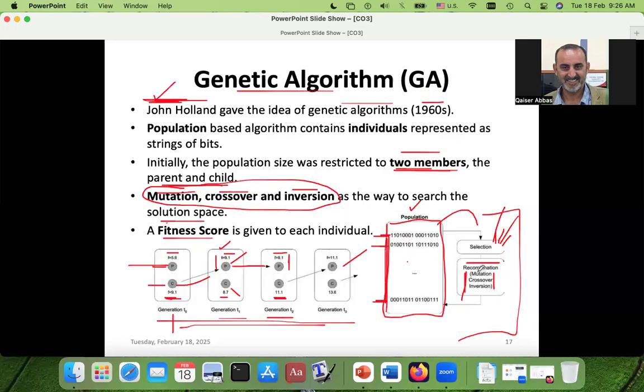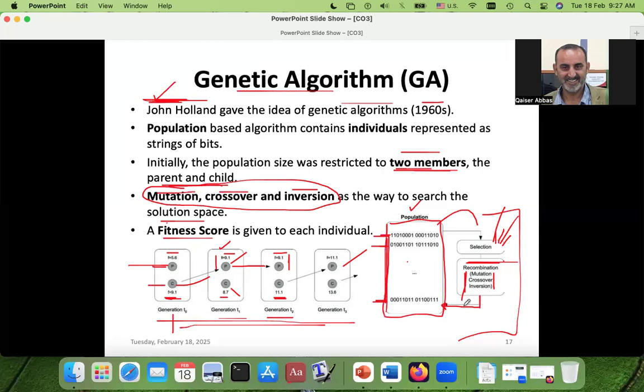Okay. So after this recombination, we will have a new child. That child will also become part of this population. And in this way, this algorithm will go on like that. That's why it is called evolutionary. Only fit members are allowed to be selected and to do the recombination process, and then they will produce their children,